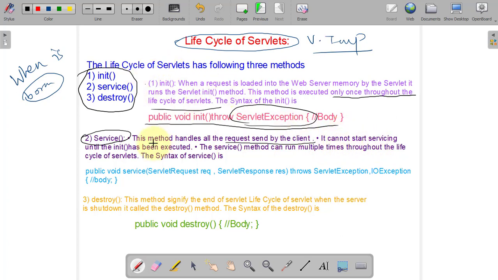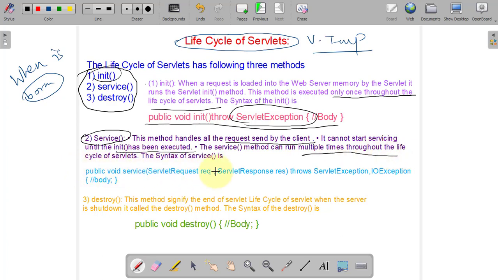It cannot start servicing until the init method has been executed. The service method can run multiple times. For each request and response, the service method gets executed. Therefore, it executes multiple times through the life cycle of the servlet.